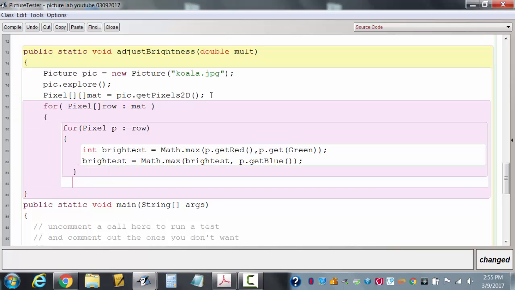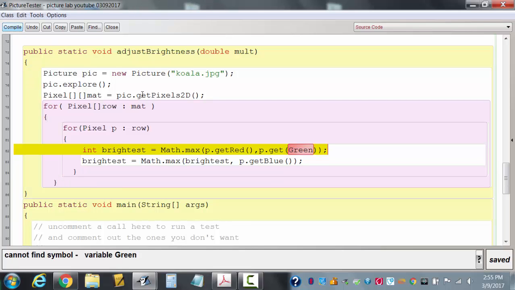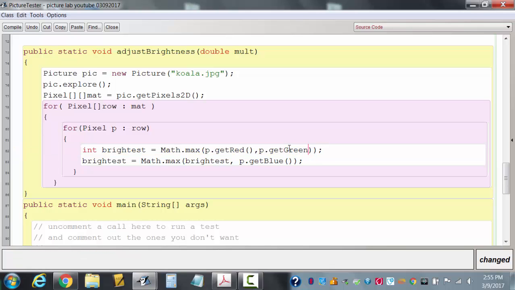Okay, let's just make sure everything's compiling. Get green, I misspelled that. Good. Okay, now